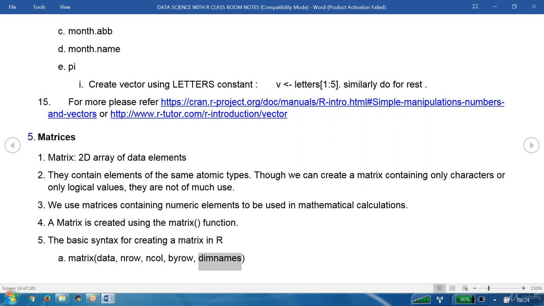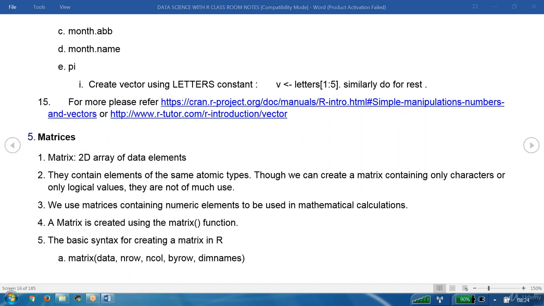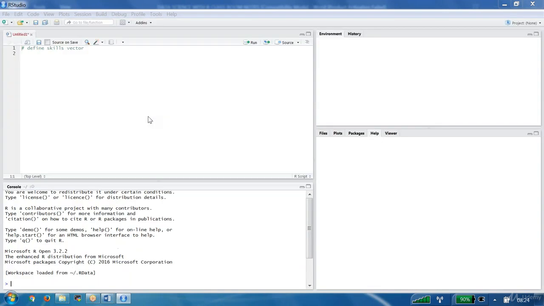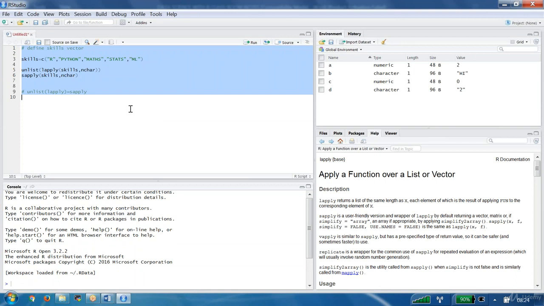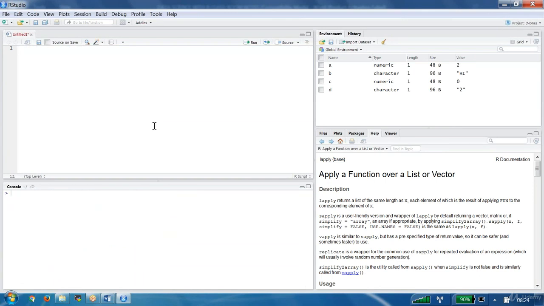If you want to see the help of that one, you can go to RStudio as usual. RStudio, it is opening. Then go and try to clear this. I'm also clearing this. Now I am just trying to write here matrix. Okay, then click on run.